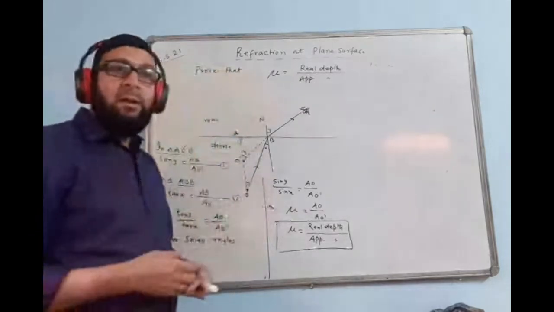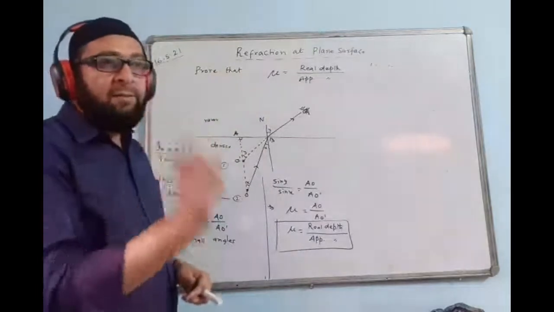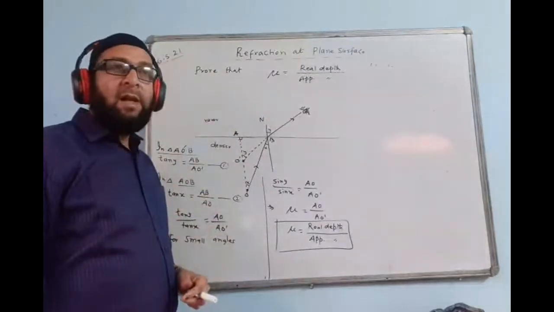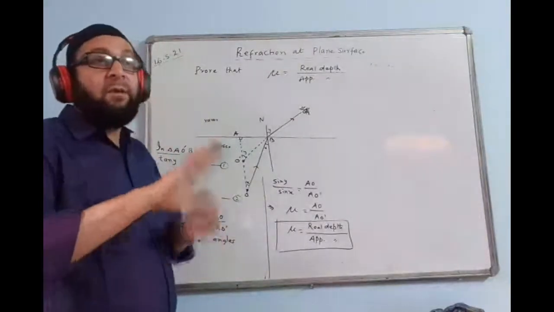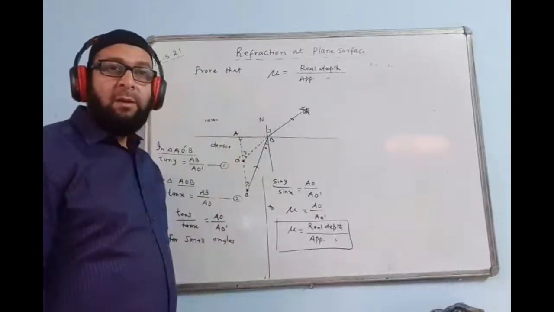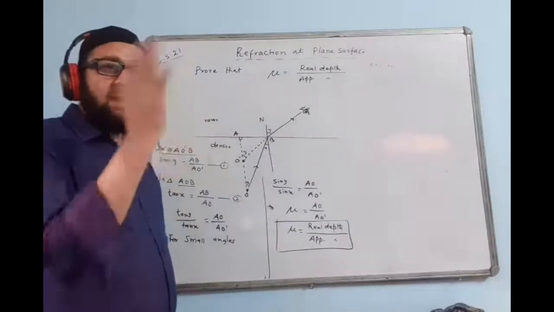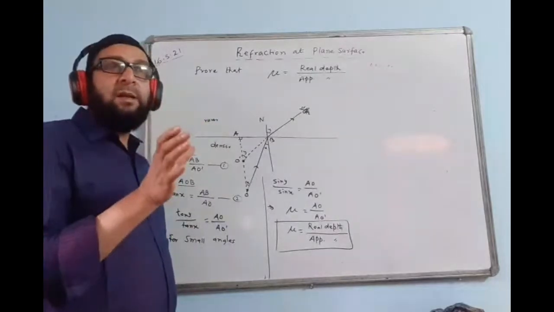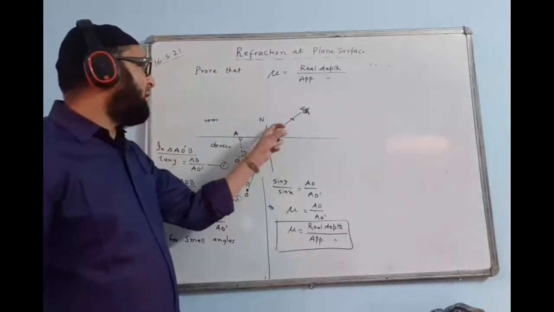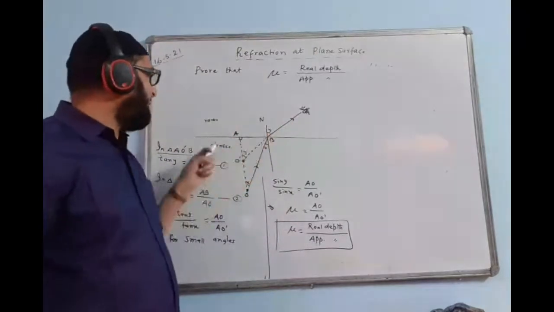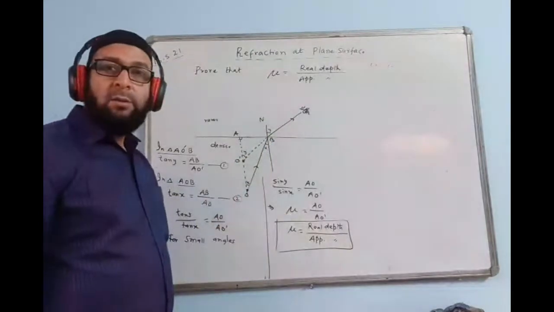The reason is, in the question they give the refractive index of a denser medium with respect to the rarer. Like they will give the refractive index of glass with respect to air. They don't give the refractive index of air with respect to glass. They always give the denser medium with respect to the rarer medium. That means they always consider the ray of light traveling from rarer to the denser. So you take that value. Mu formula, sin of the rarer angle. Look at the rarer angle. Rarer angle is Y and the denser angle is X. I take sin Y by sin X as mu here.